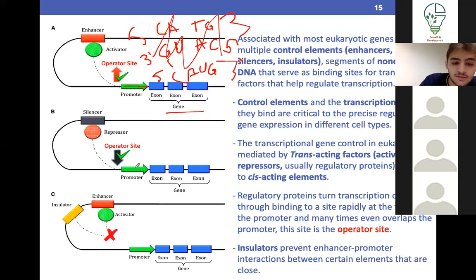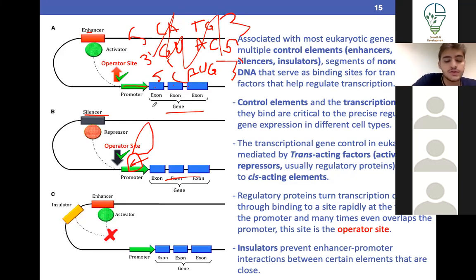And the way it's activated is by transcription factors binding to the promoter region. Now, these are called general transcription factors, which are the first transcription factors which bind to the promoter region, allowing for the transcription of the gene, okay? And then you have specific transcription factors which can bind to the general transcription factors and then bind to either silencers or enhancers. If they bind to silencers, they're going to decrease the rate of transcription. If they bind to enhancers, they're going to increase the rate of transcription.